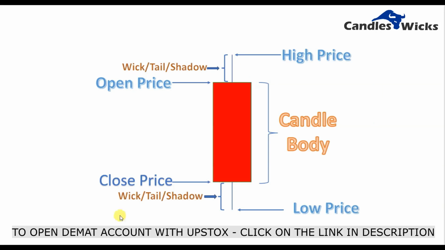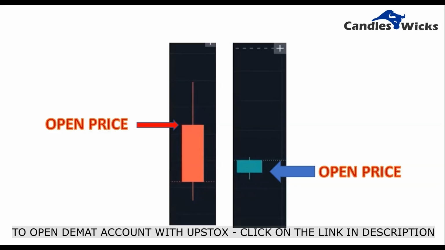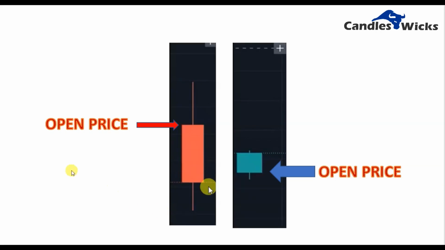Now let us understand how it moves. Here you can see the live movement of the candle. This particular candle is a bearish candle. The open price is at this place and from the open price it is moving down, and you can see as the candle moves down, its lower end is also changing. Similarly here, this is the open price and now the price is going down, so it is forming a red candle. And as the price moves up in this candle, you will see it is forming a green candle. So this is how the candles are formed.